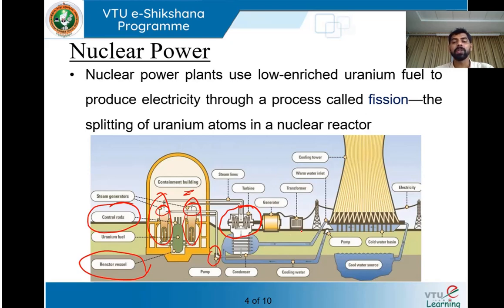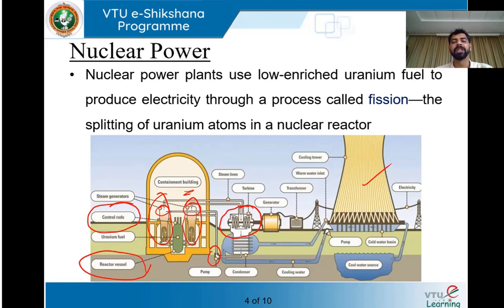So what do we do with it? Because here also we will be recycling the same water. We are taking in cold water, but we are taking out warm water. If I want to recirculate, what should the inlet be? The inlet should be cold water. So the warm water has to be converted back into cold water. What can I do? Using this cooling tower, we will be able to convert warm water back into cold water and recirculate it again and again.